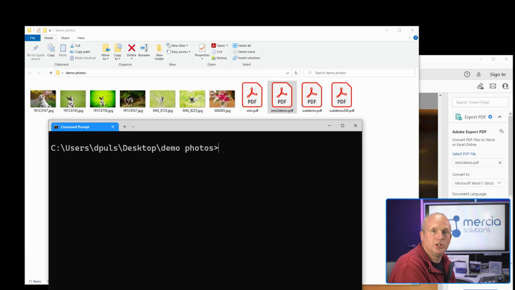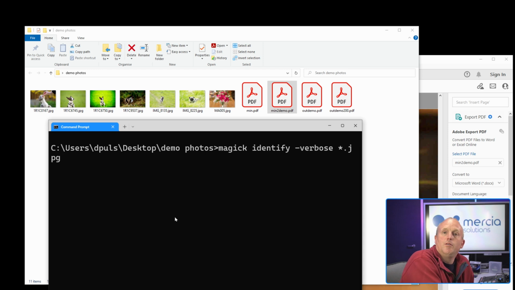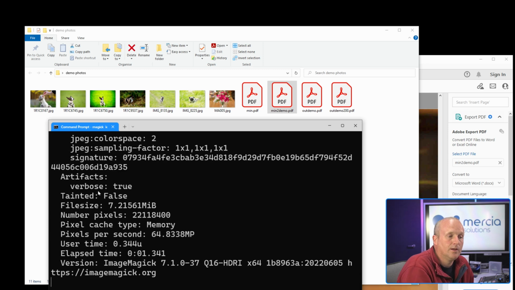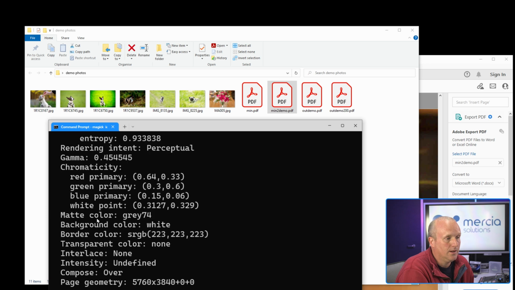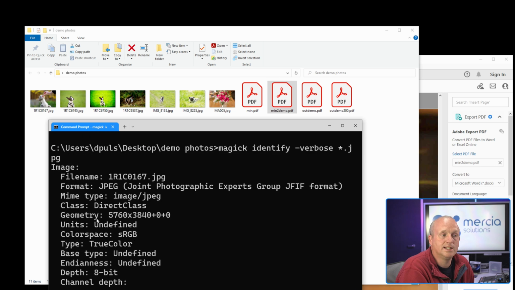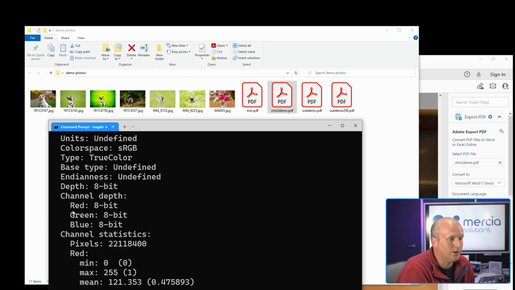Obviously, if you want to read the metadata within the file, then we need to know what the fields are called to be able to use them. There's a useful command within ImageMagick to do this as well, called identify. Let me show you that command. So if I run this command, Magick identify, and importantly include the tag verbose, this runs through, opens up the image file, and in here we can see all of the metadata that's contained within the file. So if we just gradually scroll down through,